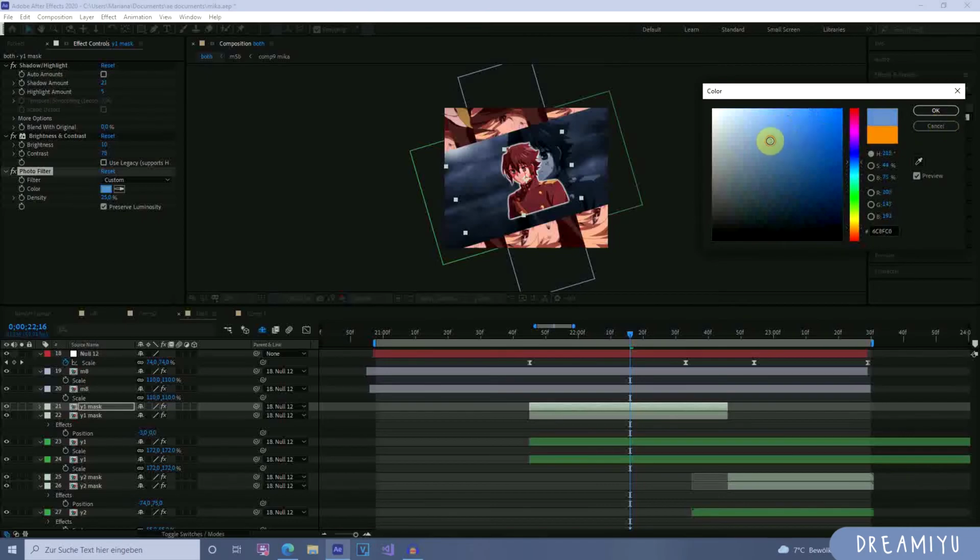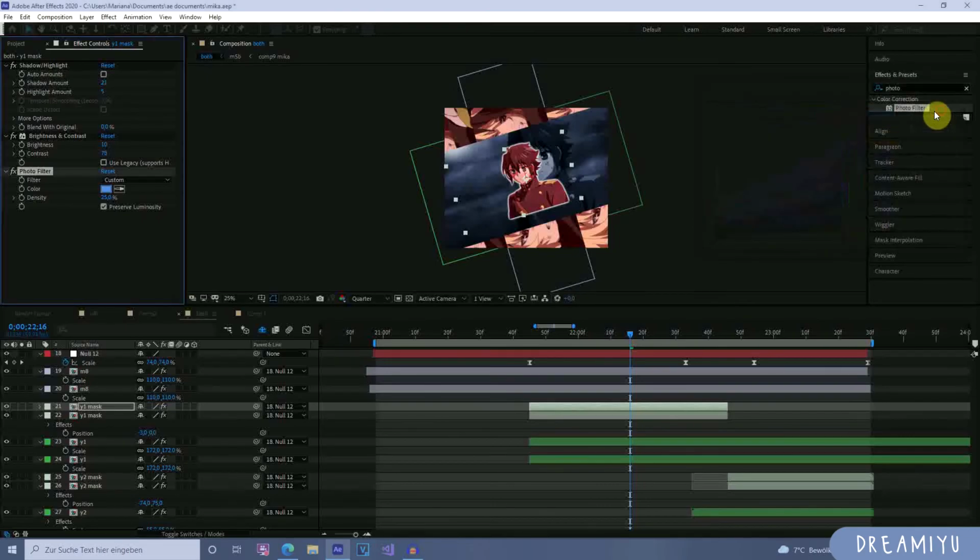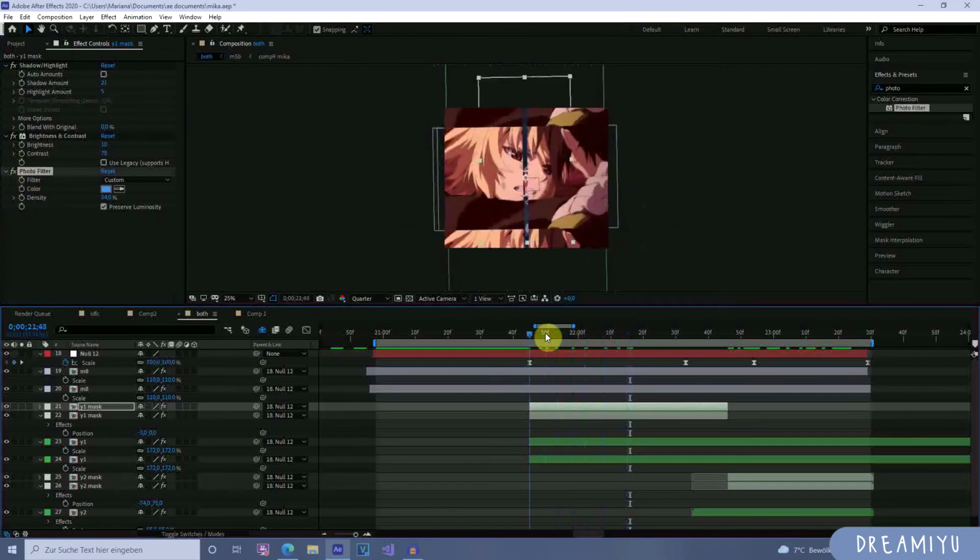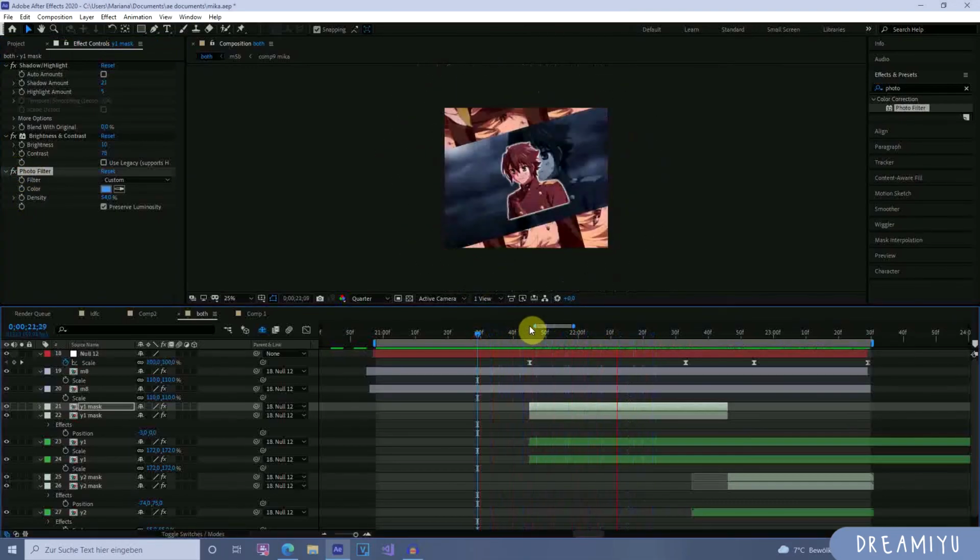But yeah, I like to add the photo filter, and you can add a color here and change how strong this should be. And yeah, I'm gonna make it so that it isn't as red as it was anymore. And now